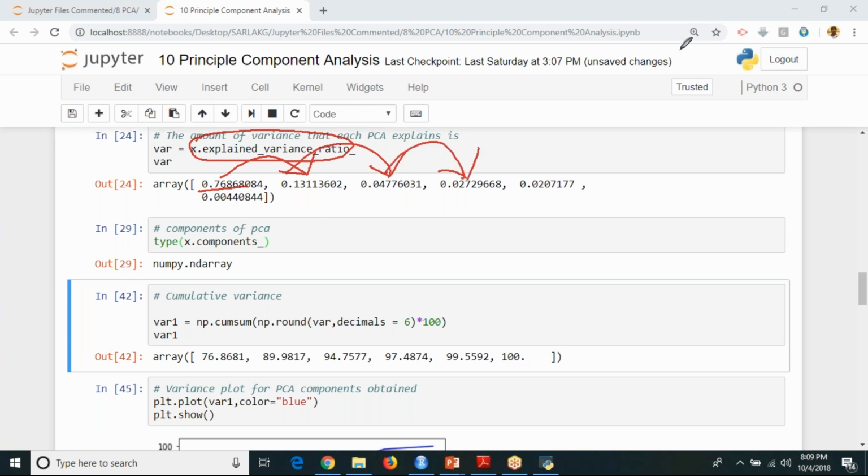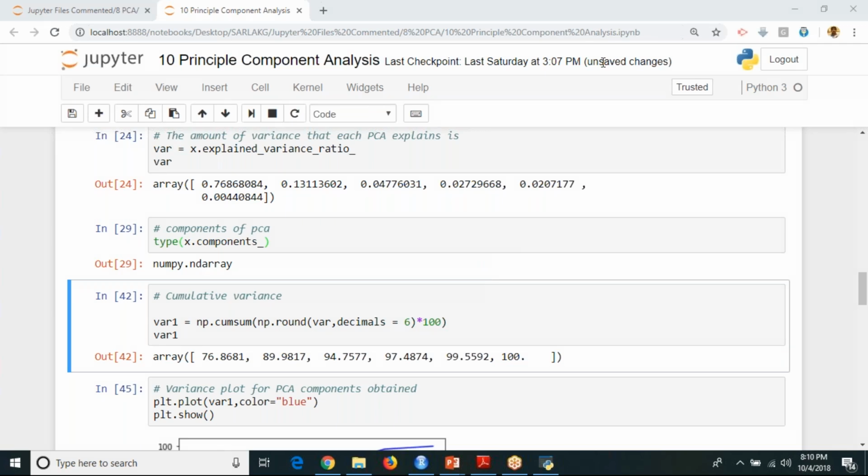Like this, if I want to take, you're going to use this numpy cumulative sum function, which is available under your numpy, and you can use this round function. Round is nothing but you are rounding it off to particular decimal digits, 6 digits or 4 digits or 5 digits, whatever you want, you can specify. Here I'm going to specify total number of decimal digits should be 6. And into 100. If I don't use this into 100 also, you are going to get it like this, 0.76 something, but you can use this.